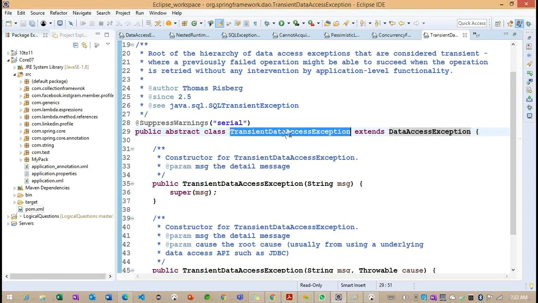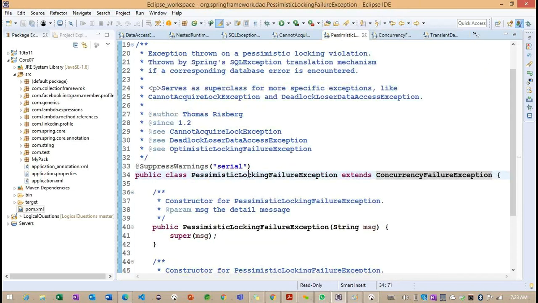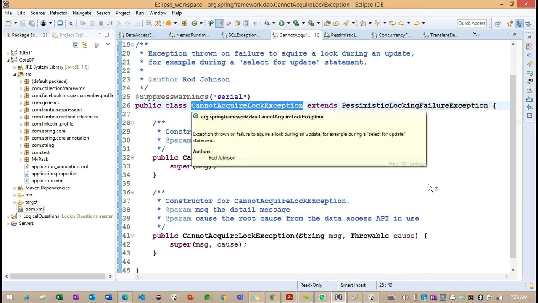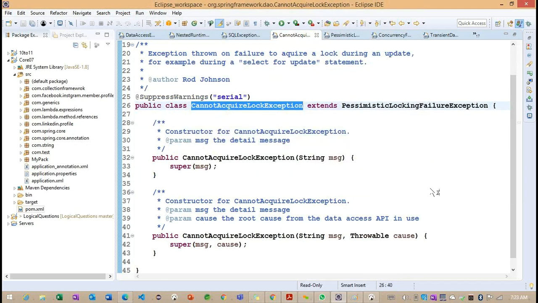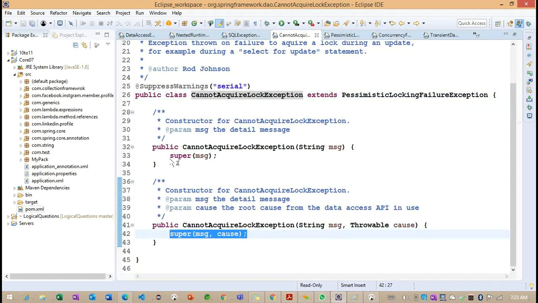Getting the point? So now you can see this is one more unchecked exception that is implemented, and concurrency failure exception. This is another exception class, and this is one more exception class. So finally, you can understand here cannot acquire lock exception. If you observe, all the classes are calling super.